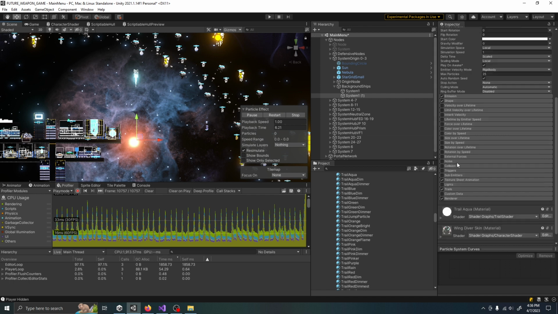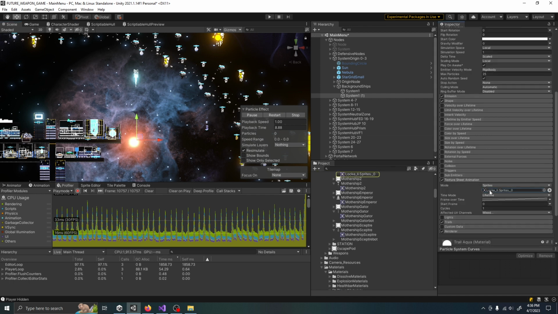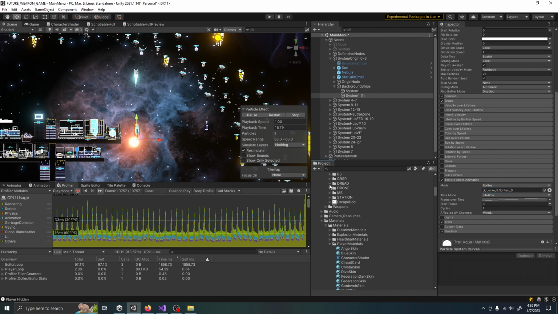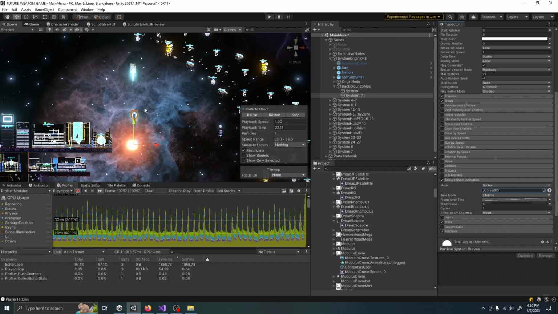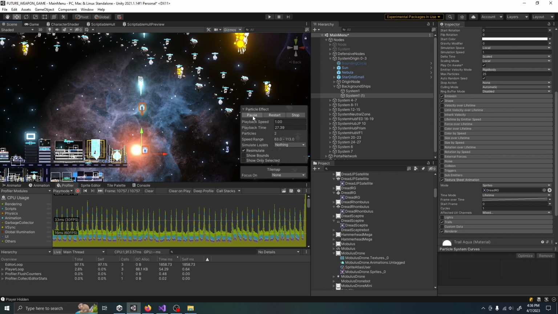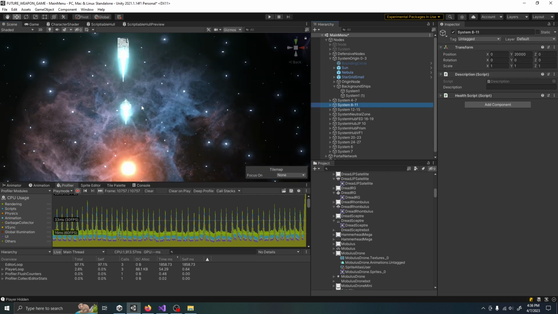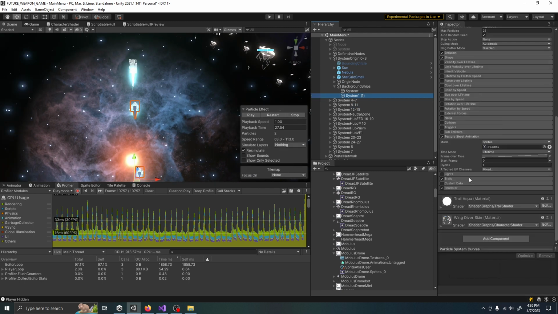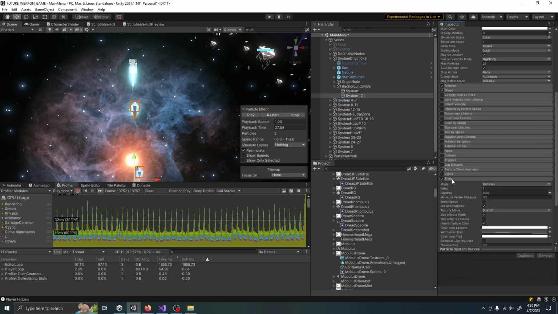For this one, we're going to use a different texture sheet. Instead of the lock, we'll do the Dreadnought Starseeker. The Starseeker looks really cool. It says RG, but that's what the Starseeker looks like. Pause. His trail is too OP for his body. So we're going to adjust his trail ratio,